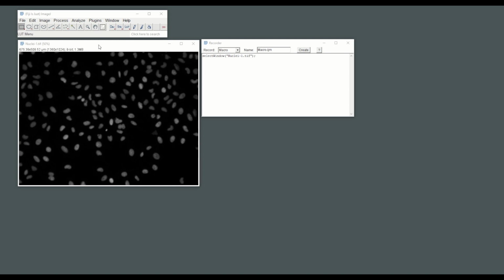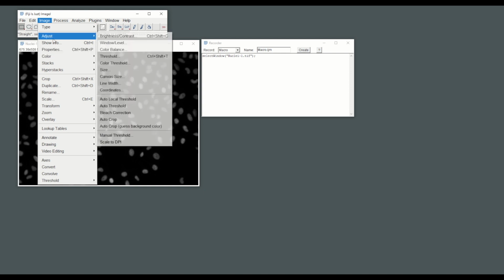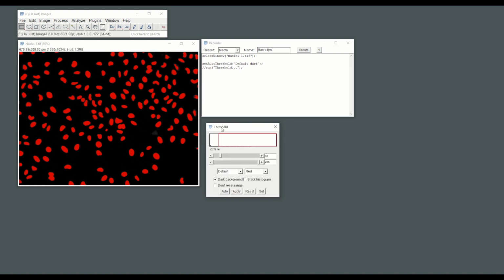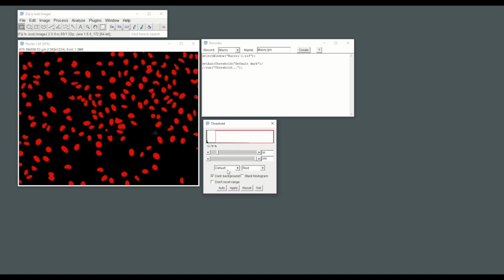On the opened image, the next step is to set the threshold via image, adjust, threshold. From the threshold window, we can try different automatic threshold methods. And as I am selecting different methods, you can also see that these are all recorded automatically in the recorder. In this example, I'm going to select the default method and click the apply button to make our image